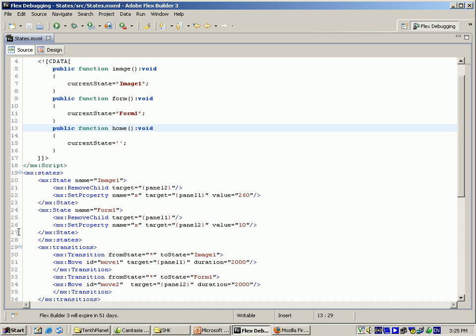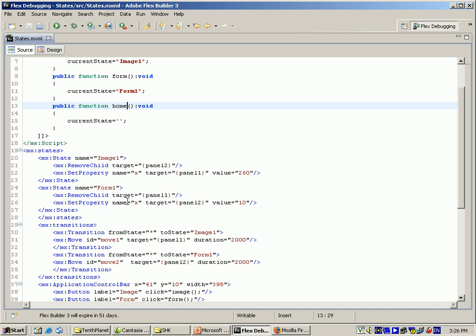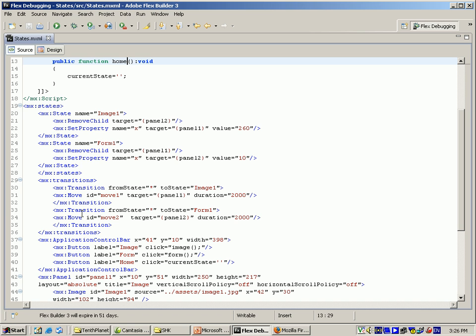Based on this concept, I am using one small program where I am giving the states. I am giving the name of one state as image1 and another state as form1. Within that image1 state, I am giving the remove child target as panel2, which is the form contents, and for the set property I am giving the name as x and target as panel1, and vice versa. For form1 I am giving the remove child target panel1, which contains the image, and I am giving the set property name as x and target panel2, and I am giving some transitions where I am giving